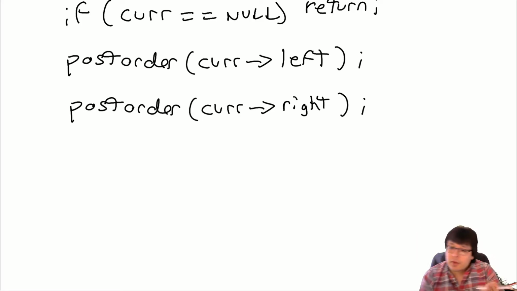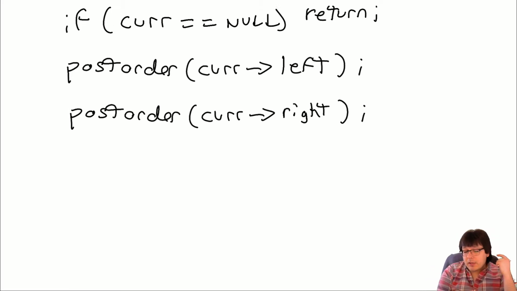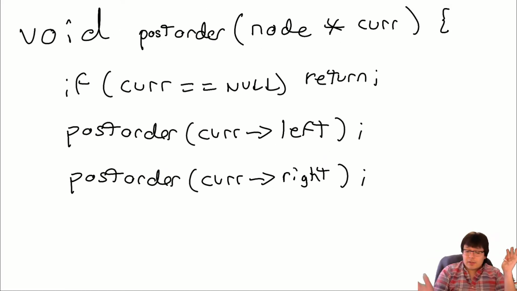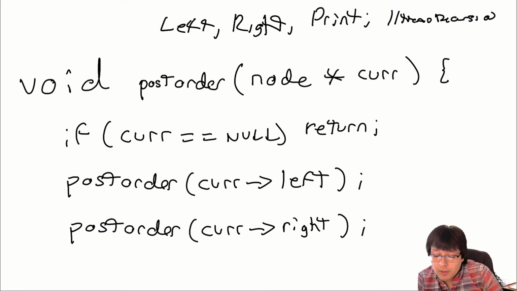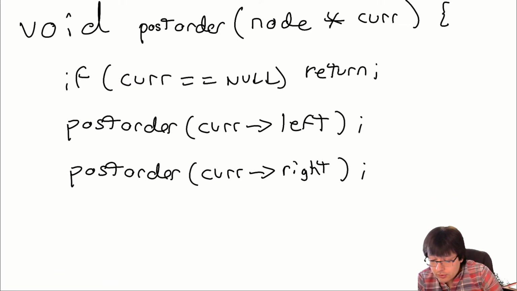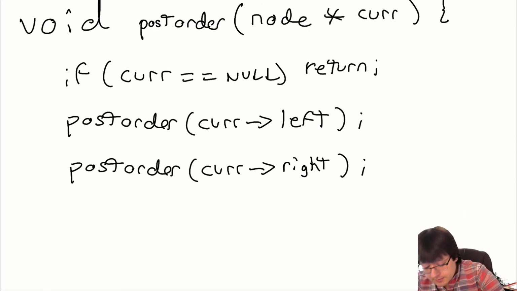So that'll be another recursion. Cool, but if I run this code, nothing's going to happen. It's going to run and finish, but nothing's really going to happen. I still got to do the most important part, which is the printing. But in post order, the printing is the last thing you do, so I'm going to do it at the end. I'm going to go ahead and say cout,